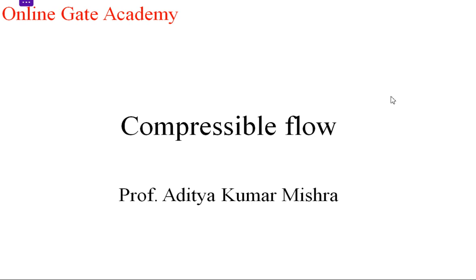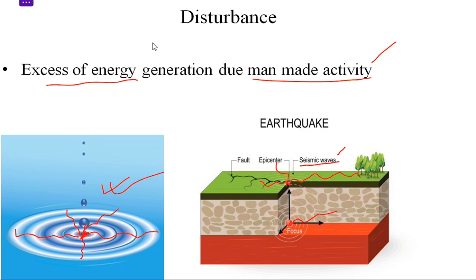Fine. So first we'll try to understand what is basically a disturbance. A disturbance is basically, as you can see, excess energy. Most importantly, nature always prefers equality and equilibrium everywhere, right? Whenever there is excess energy due to man-made activity, a chemical reaction which has taken place automatically, or maybe decomposition of a very big rock or a stone inside the earth, as you can see here, this activity results in the production of excess energy.